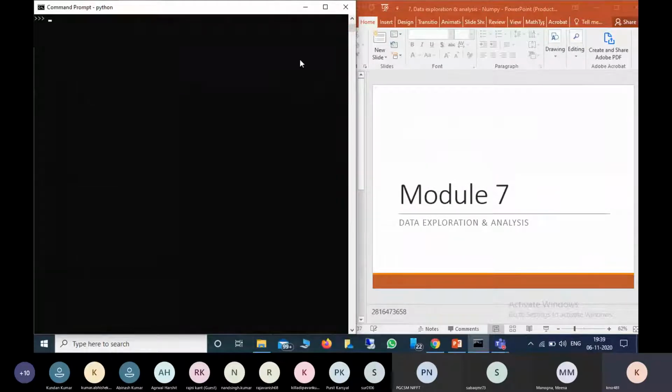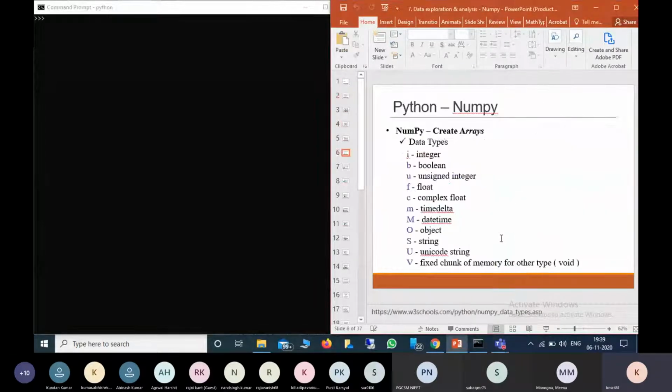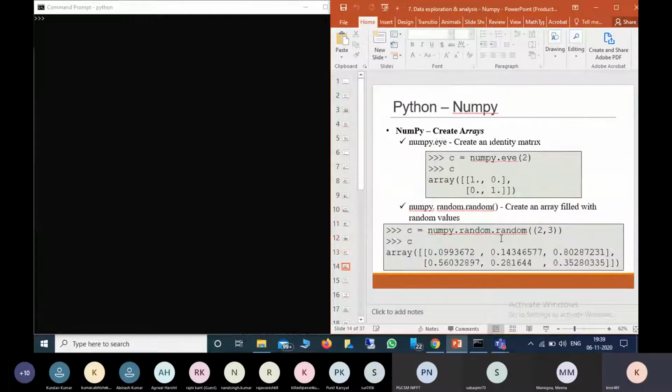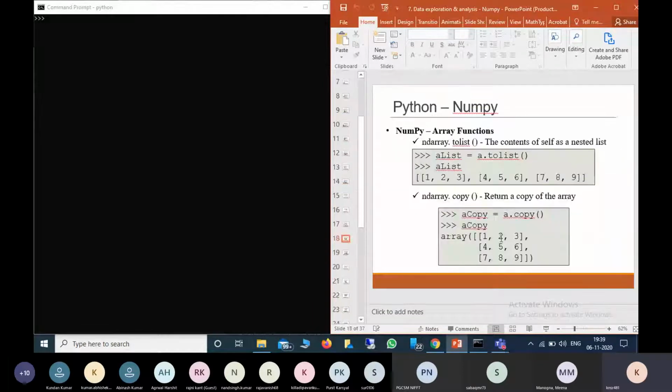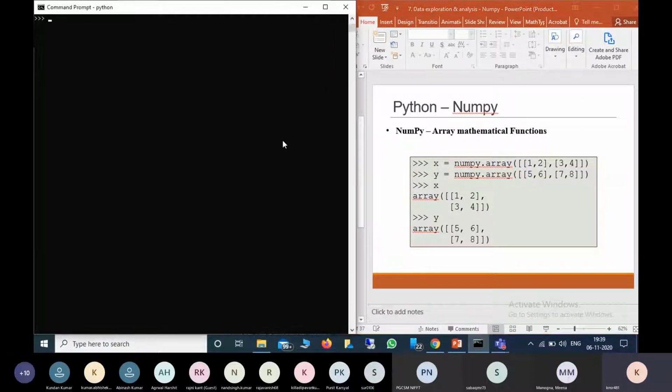So, in the last class, we saw how we can create different types of arrays and different types of functions like copy, fill, and empty. Those types of things we saw. So today we will see some mathematical functions using arrays. First, I am directly working with 2D matrices, 2D arrays. If you want 1D arrays, you can work with them later also.